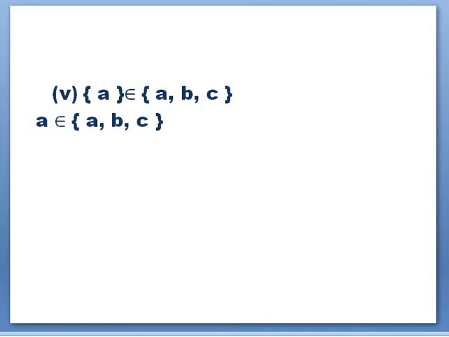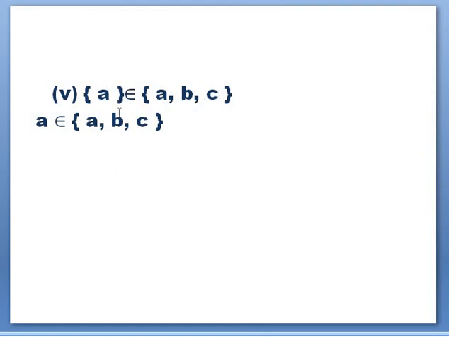See, this one is a little bit different. Do you know what it means? This symbol means that this element belongs to. Do you know "belongs to"? If I say, okay, this pen belongs to me, so mathematically, I will write this symbol for the words "belongs to". Now in this example, it is given set A. See, if I give this curly bracket, this means it is a set. Now this set containing element A belongs to the set containing elements A, B, C.